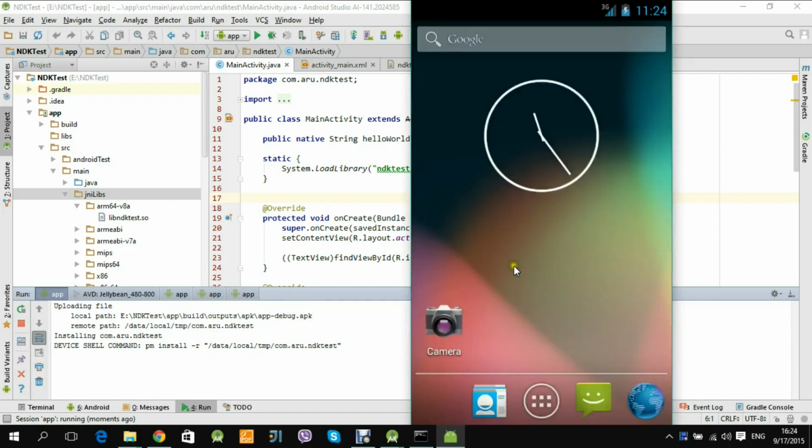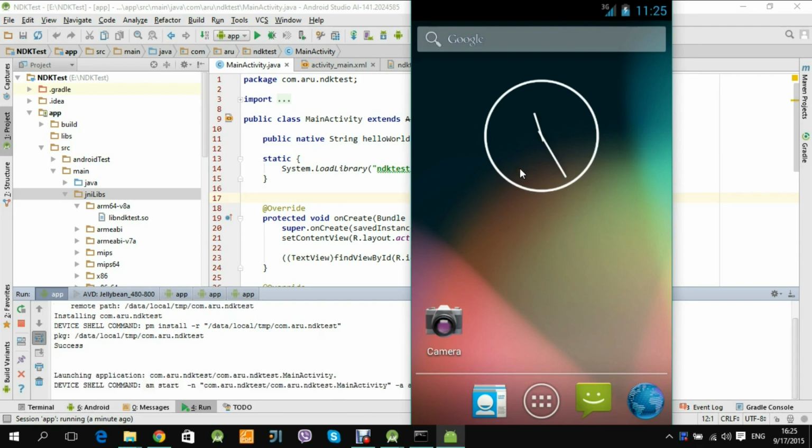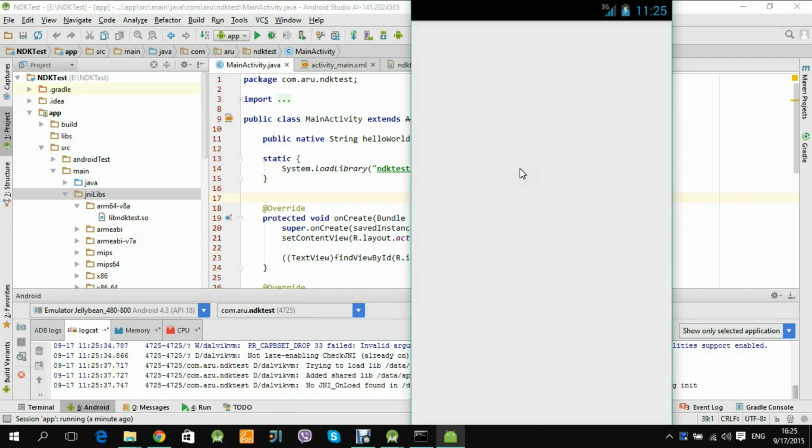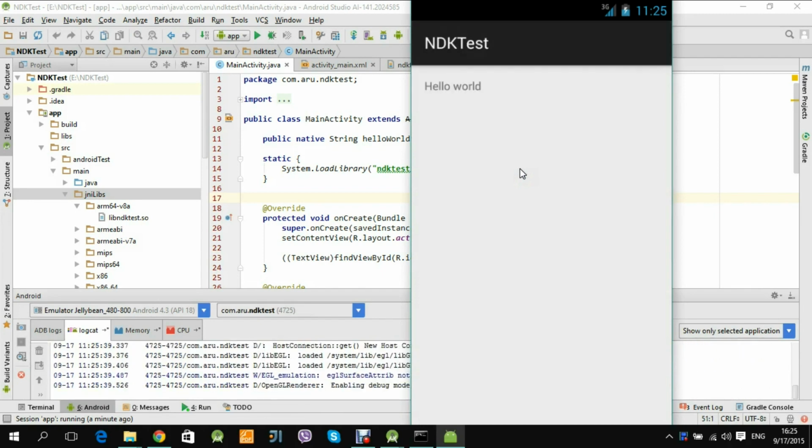So now after installing again, let's see what it shows. So now as you can see